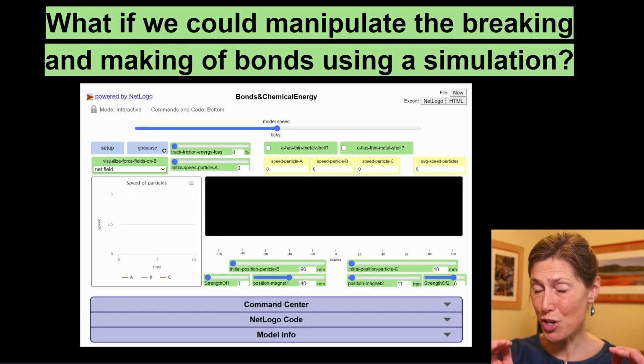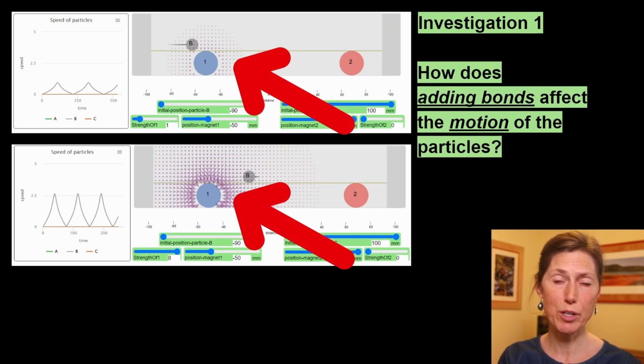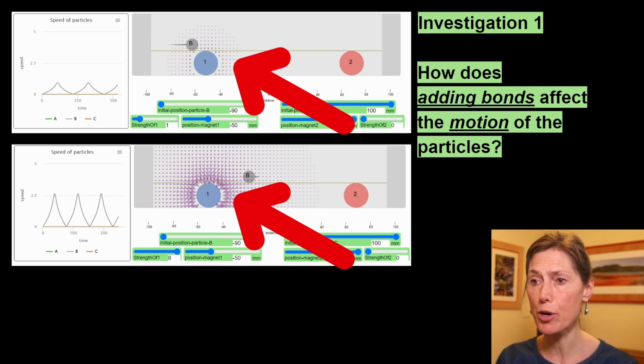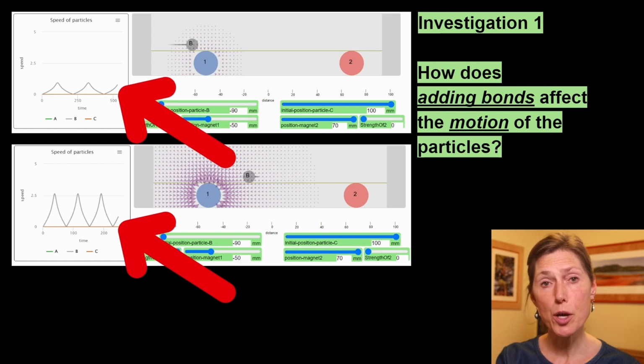I'm going to back up just a little bit to recap the very end of lesson 9. What if we could manipulate the breaking and the making of bonds using a simulation? With respect to that simulation, 3 investigations were already completed as part of lesson 9. I will very briefly summarize them here. Investigation 1, how does adding bonds affect the motion of the particles? The stronger the magnetic force associated with magnet 1, the greater the speed by which metallic marble B oscillates, trying